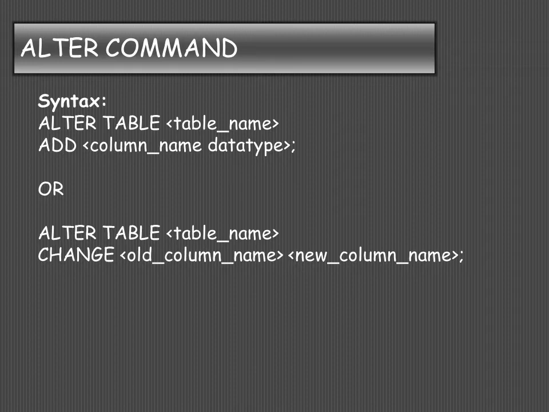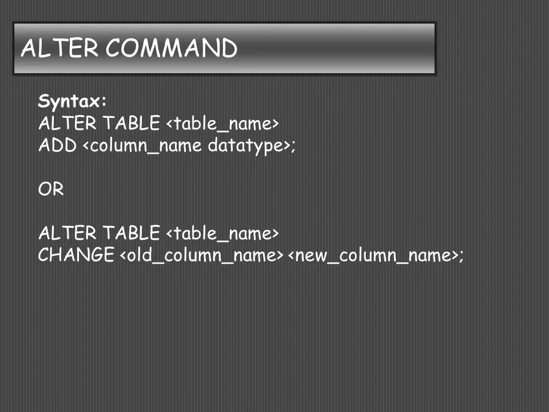If you use it with the add clause, then it will be used to add a new column in your table. Like you had employee ID, employee name, age, city, phone number, and you want to add one more field in your table, then you can use the alter table command.